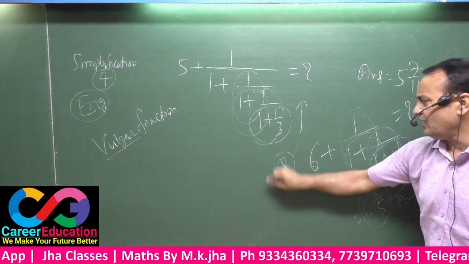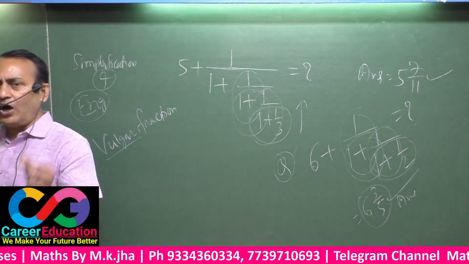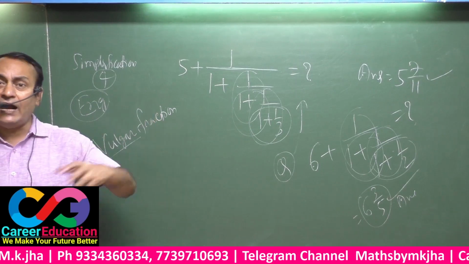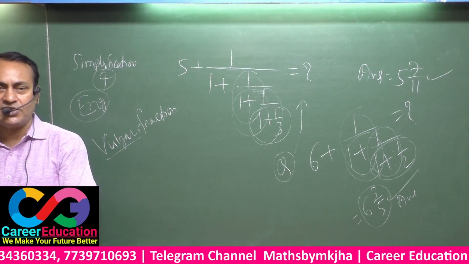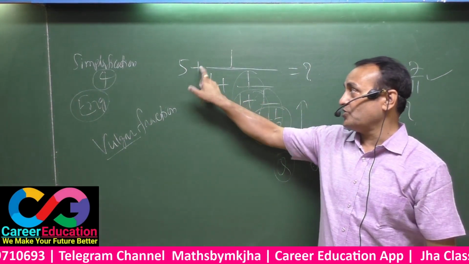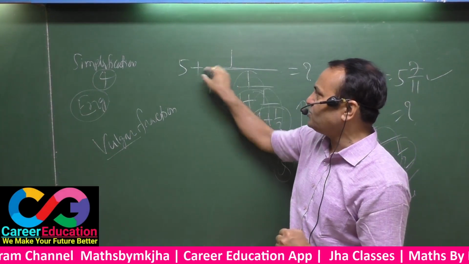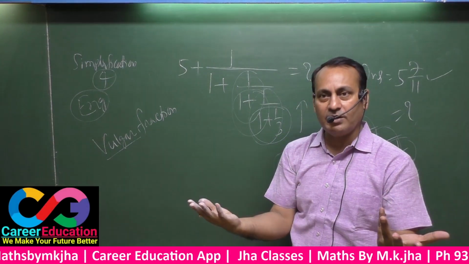That means such type of questions will be solved by you without using your pen. Certainly you have to see the question and calculate verbally. Wherever it is to be reversed, you have to do the reverse. Certainly go ahead till last. Here there will be only two types of situations. If this is plus, you have to solve only this, plus will be removed, and you will be getting the final answer.